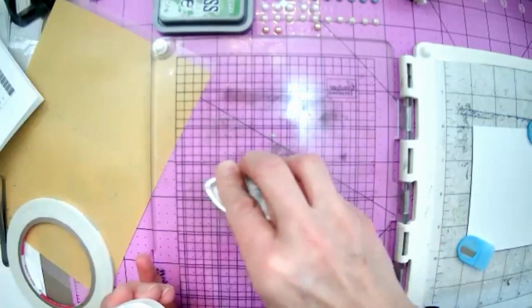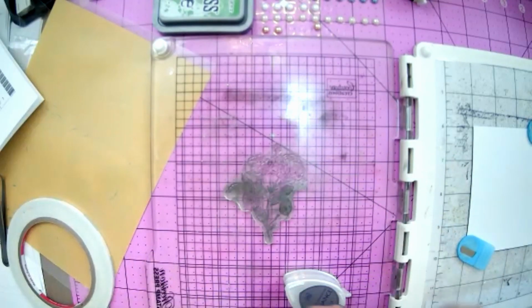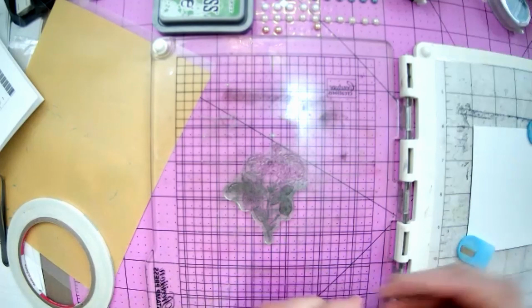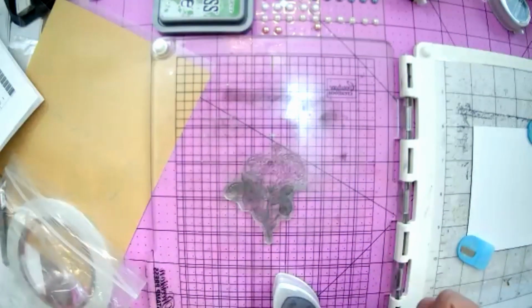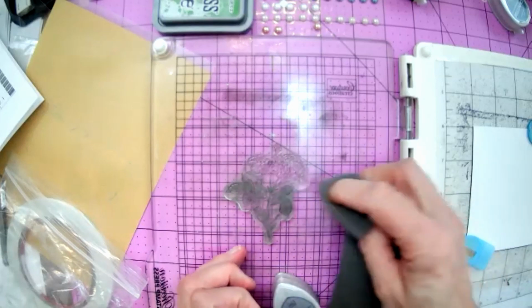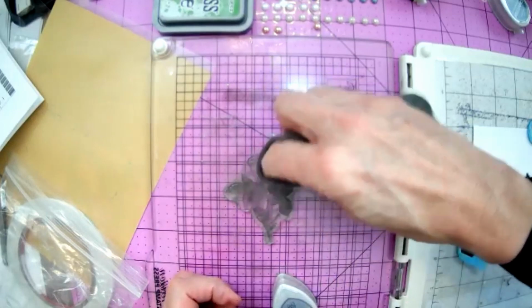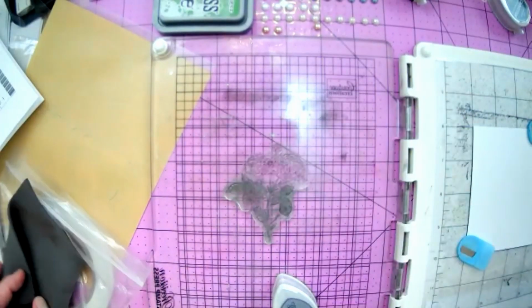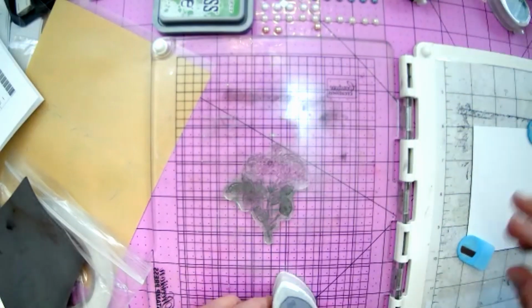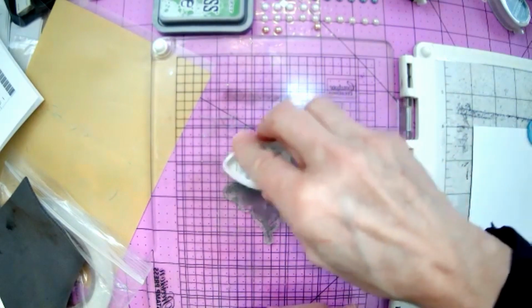And the nice thing about the stamp positioner is that you can go back and add more ink to your design or change it if you like. And if I got some on the petals or the rose that I didn't want, I can just wipe it off with my chamois. So I'm just going to do that. Looks like I've got a little bit on there. And now I'm just going to use some silver. I want a very light gray. But again, whatever